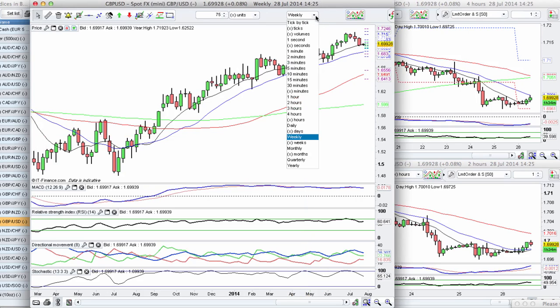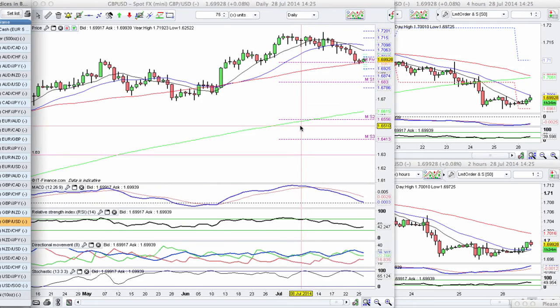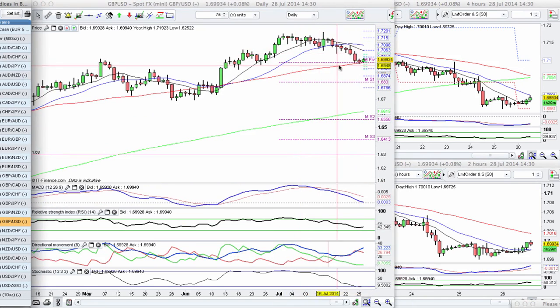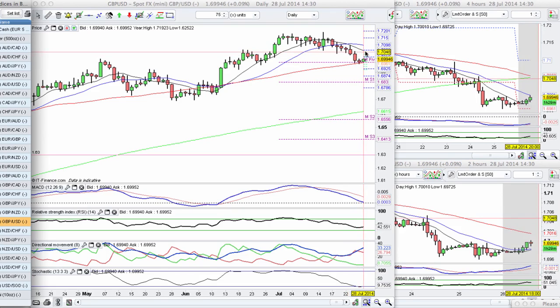Now, if we're coming down into the daily, we can see that the daily is grinding lower. However, it hasn't broken this previous low over here. So what I'm looking for is a move above 170 for me to take a trading opportunity. I am looking at the long side, and I'm looking to continue the uptrend from the